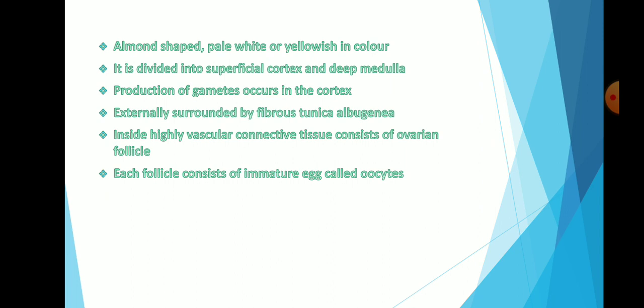So this is the structure of the ovary and its compositions present inside of it. The main structure present in the ovary is the follicle, by the help of which formation of oocyte takes place, and after ovulation, if germination occurs, then the fertilization of these ova takes place. So this is the structure of the ovaries. Thank you very much.